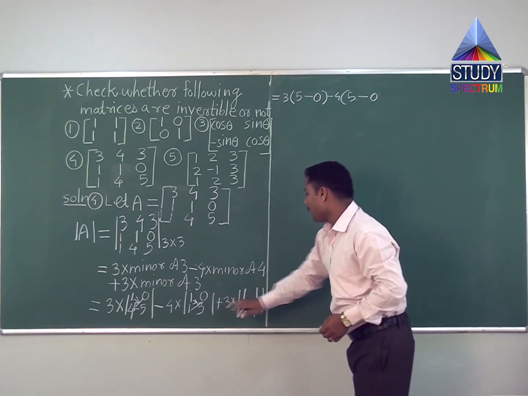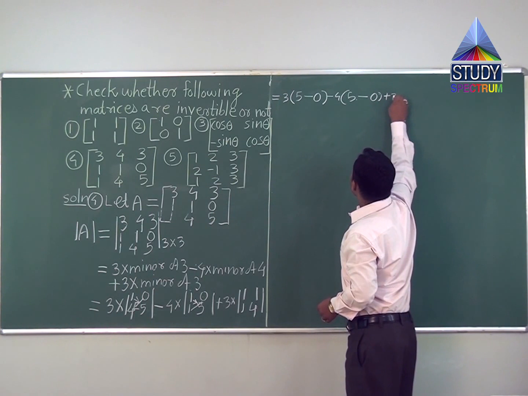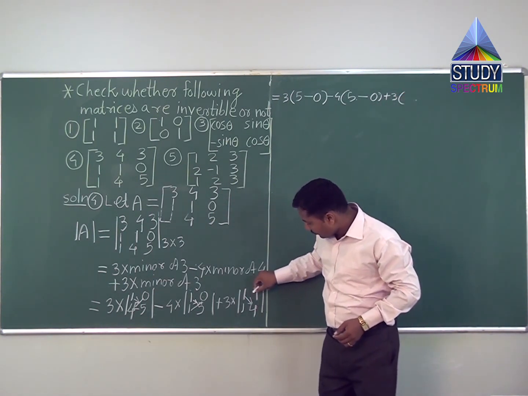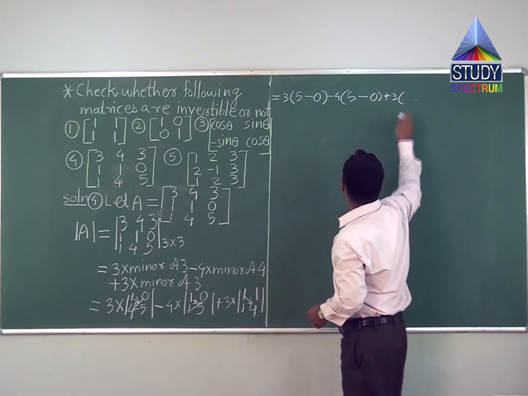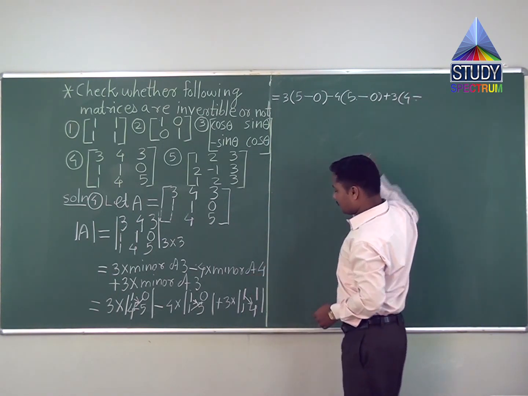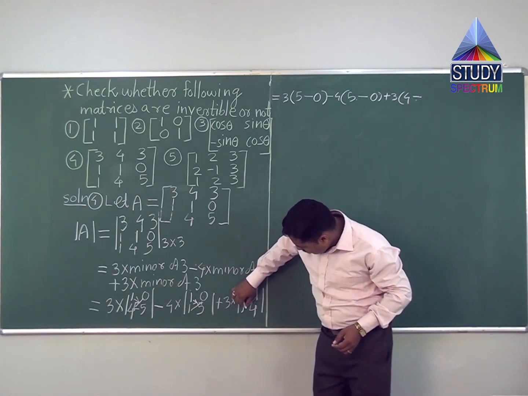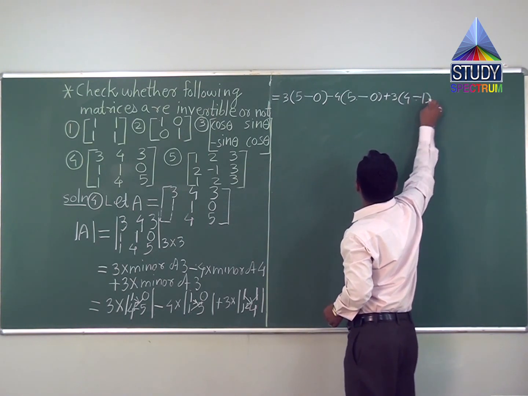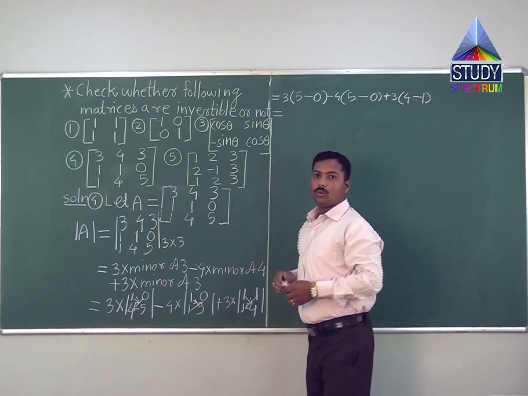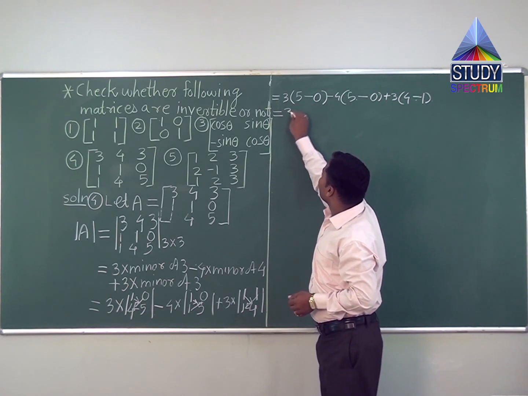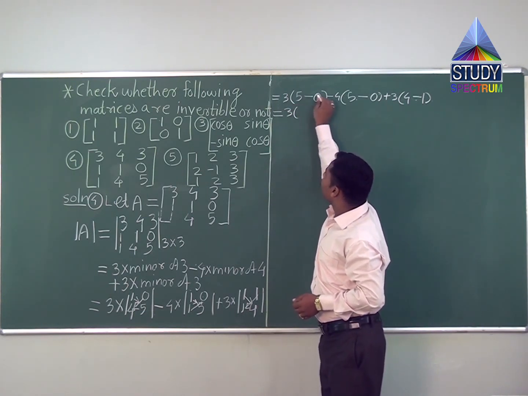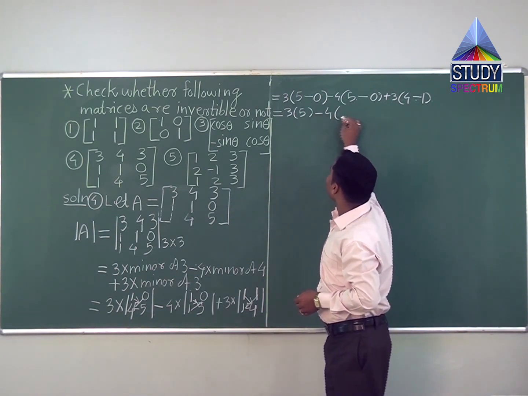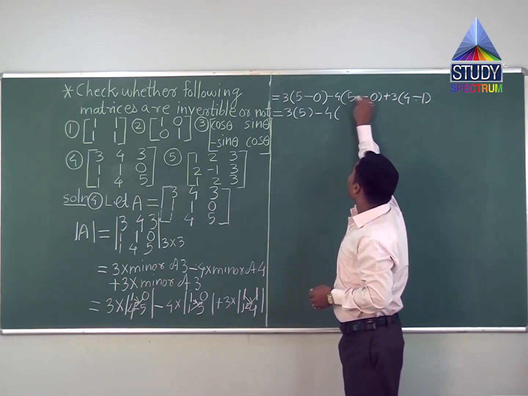And lastly plus 3 into bracket 1 into 4 minus 1 into 1. Equal to 3 into bracket 5 minus 0, minus 4 into bracket 5 minus 0,